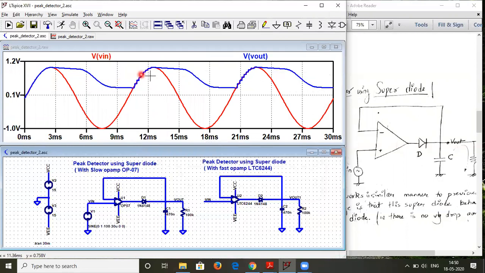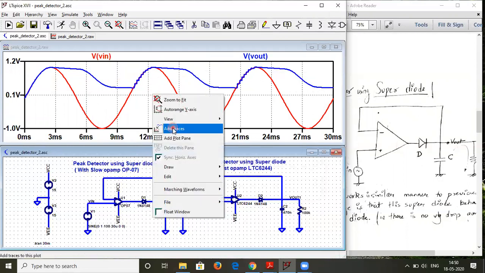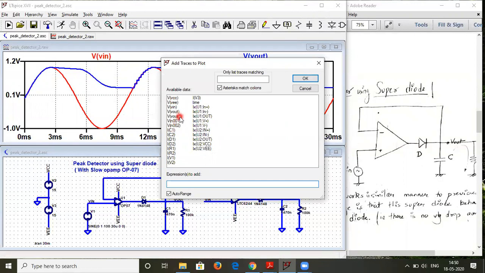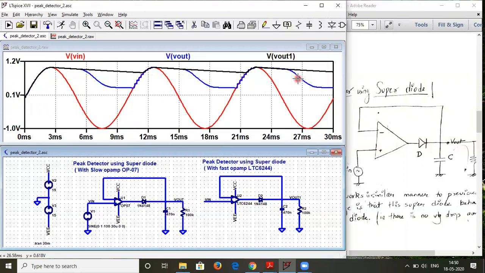This was the earlier output of the slower op-amp. Now let me add trace and plot Vout1. You can see over here clearly that Vout1, which is the output of this faster op-amp circuitry, is comparatively much better.